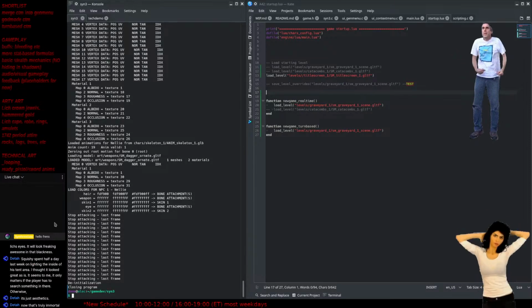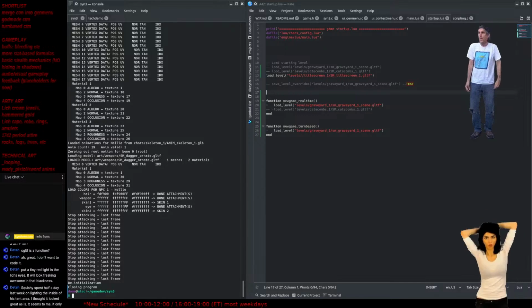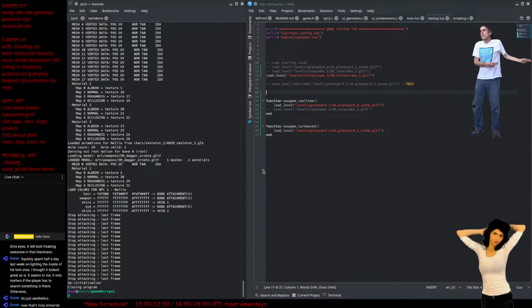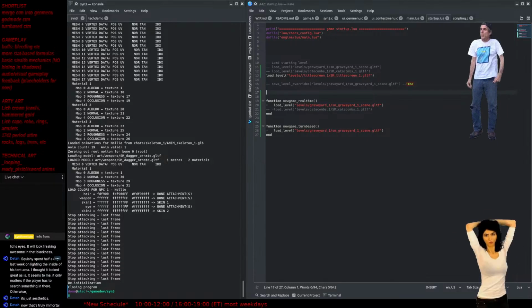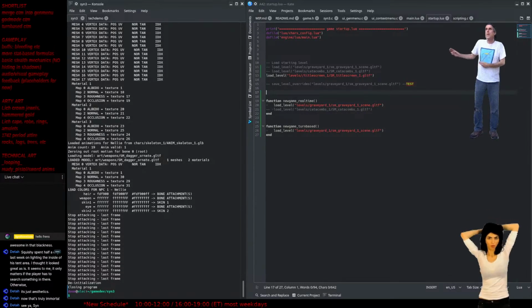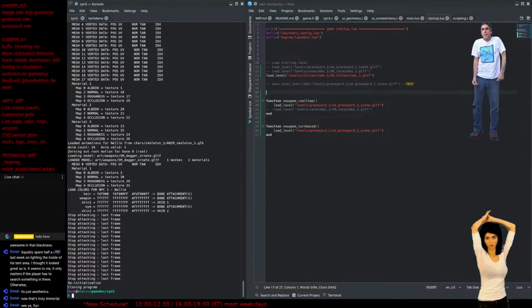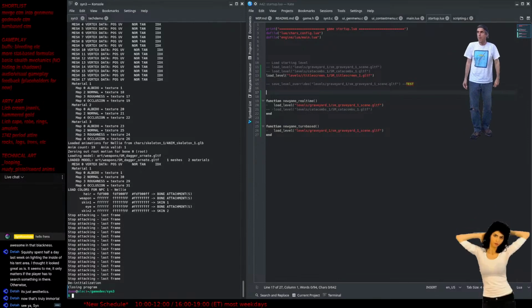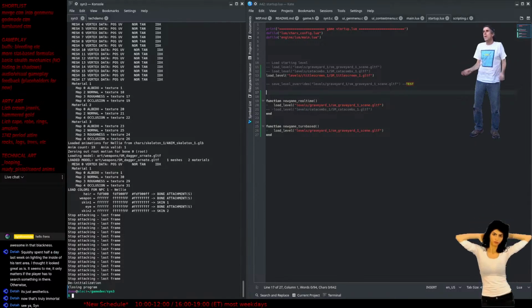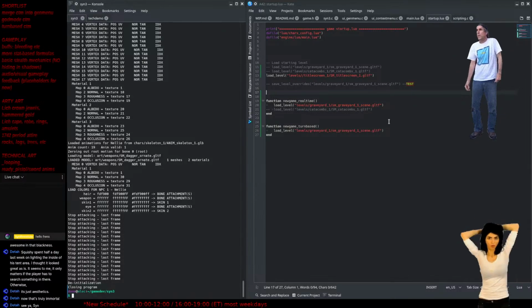Oh, I gotta read what you said about Squishy though. Squishy spent half a day last week on lighting the inside of his tent area. I thought it looked great as is. It seemed to me it only matters if the player has to search something in there. Otherwise, it's just aesthetics. Oh yeah, I remember why: this area was under a tent, and